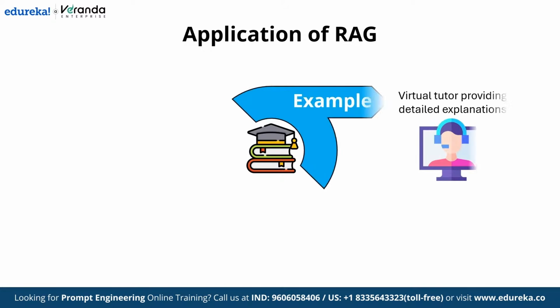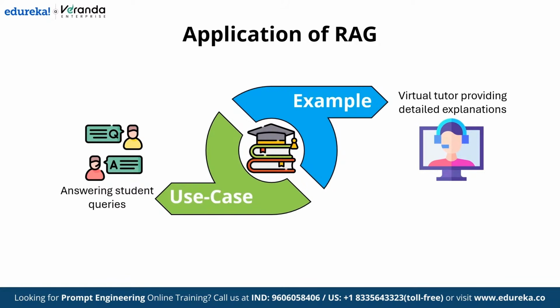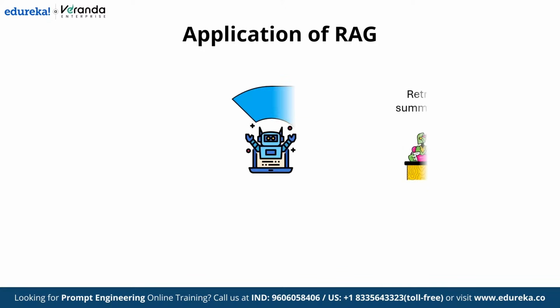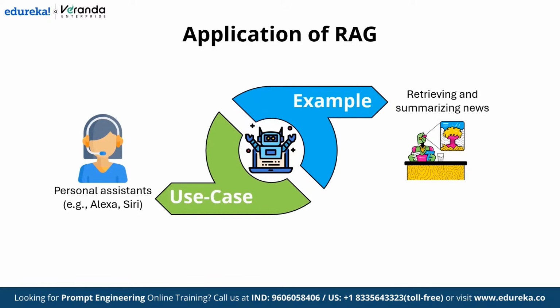Education and e-learning can leverage RAG for virtual tutoring, providing detailed explanations based on textbooks and research papers. Interactive virtual assistants like Alexa and Siri can utilize RAG to generate accurate and informative responses to user queries such as news headlines or product recommendations. RAG's unique ability to combine retrieval and generation makes it essential for tasks demanding both factual accuracy and fluent natural